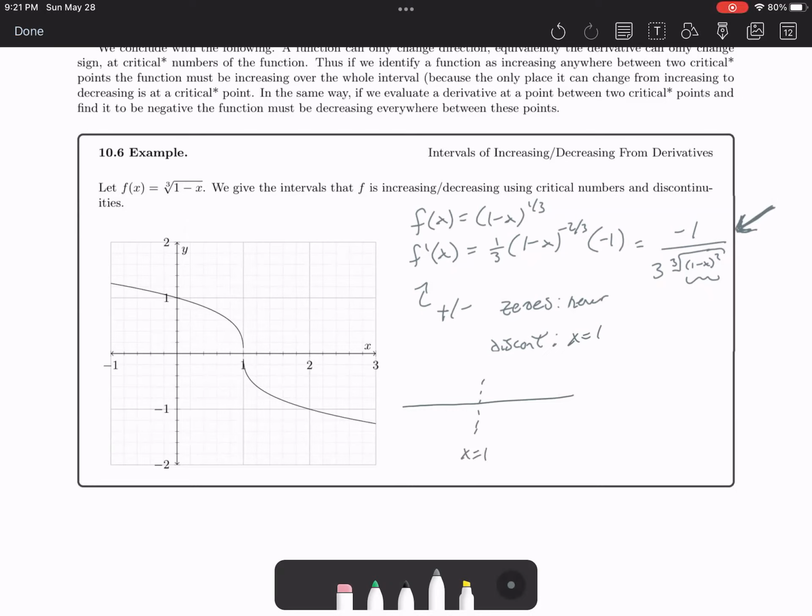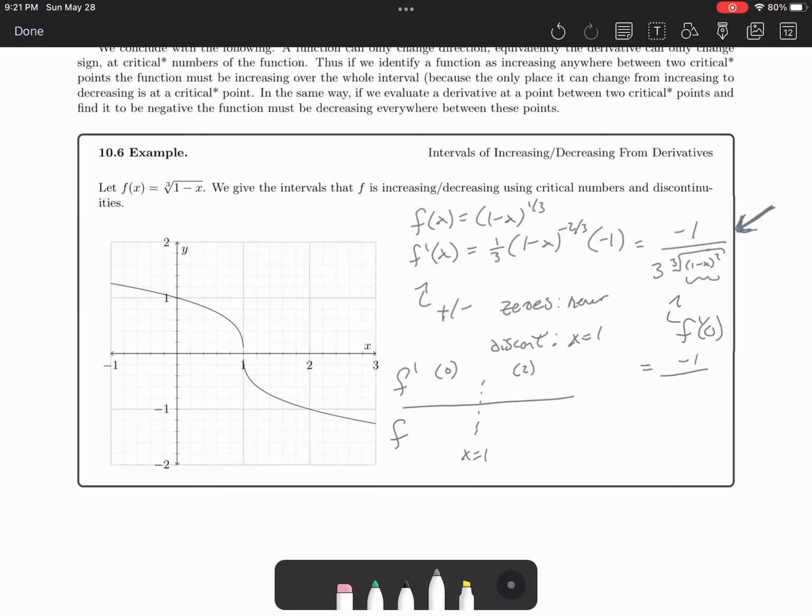There's x is equal to 1. Here's the derivative. Here's the original function. And we need some test points. 0 is easy to plug in. And let's try 2. So if you plug 0 into the derivative, right, because whether or not the derivative is positive or negative is going to tell you about the original function increasing or decreasing. So if we plug in 0 into the derivative,